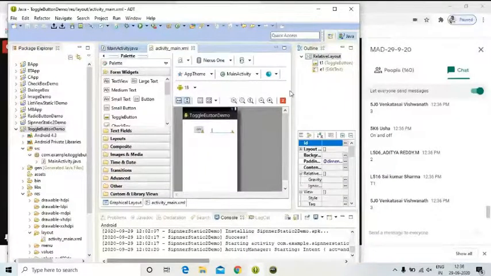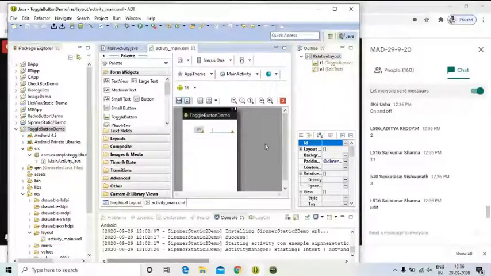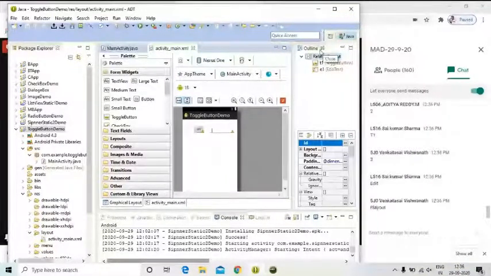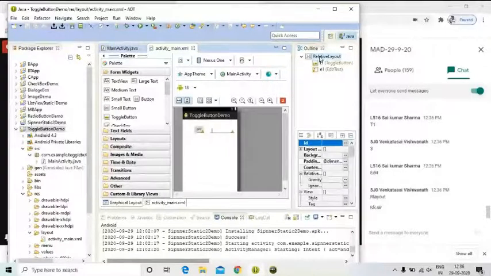Okay. Vishwanath, what is the third one? I hope you are saying relative layout component. Is it? Okay, by default, relative layout will be there. Vishwanath, absolutely correct. But it is a default component. We have not placed that. It is default, like a frame, like a window. It will be there.